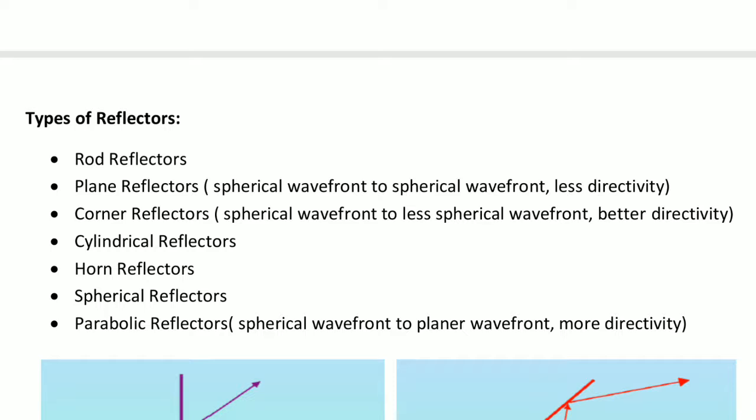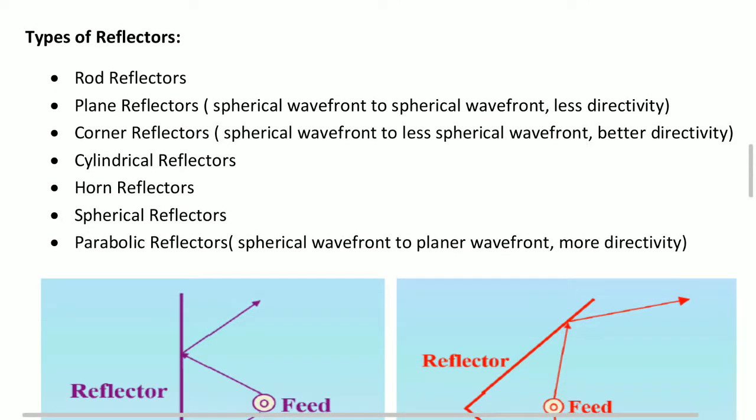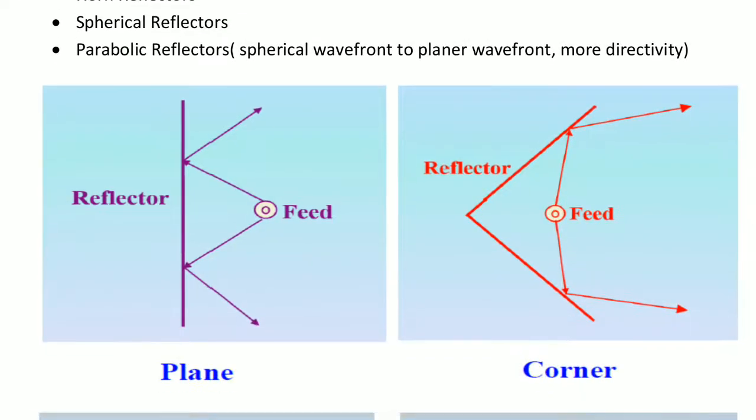So these are some points related with the plane reflector. We can see the image of the plane reflector. The first image is the plane reflector. We can see there is a rod shape which is a straight line reflector. There is no curve structure given to the reflector, and at the center there is a feed, which is nothing but the feed antenna, and that point is the focal point. We can see the arrow direction: waves come from the feed to the reflector, and the waves are reflected from the reflector into space.